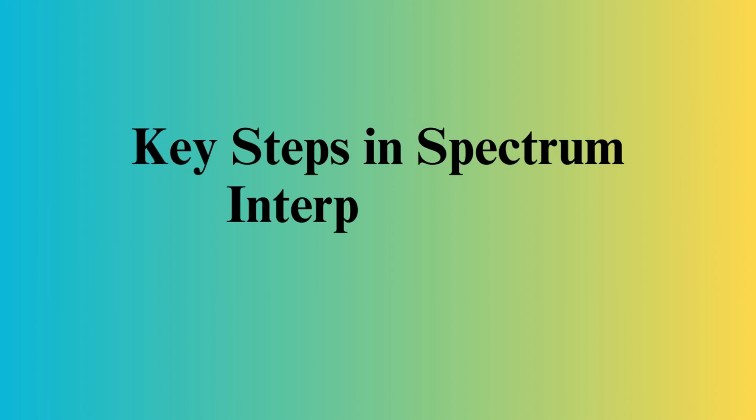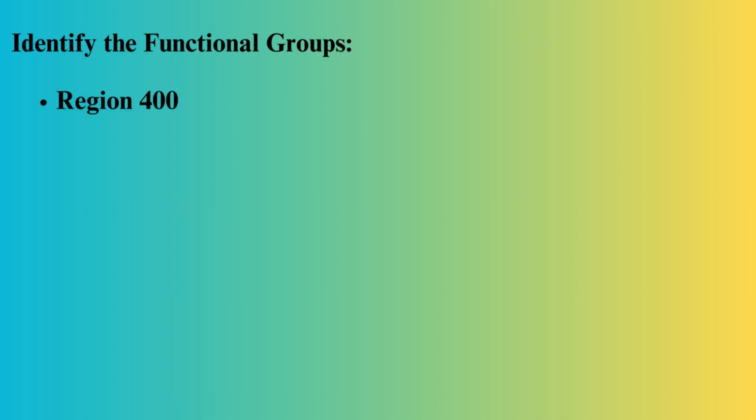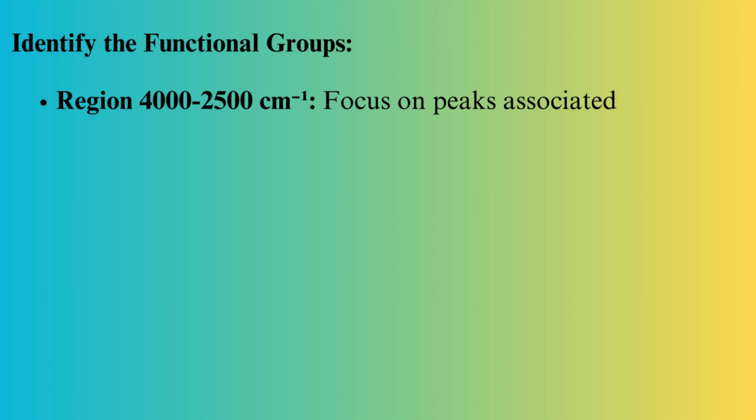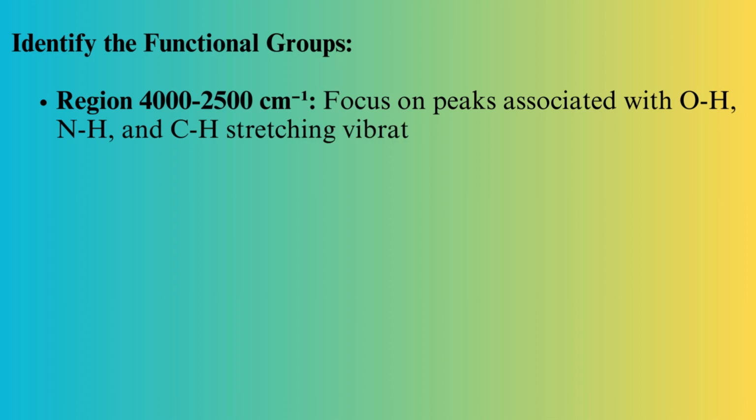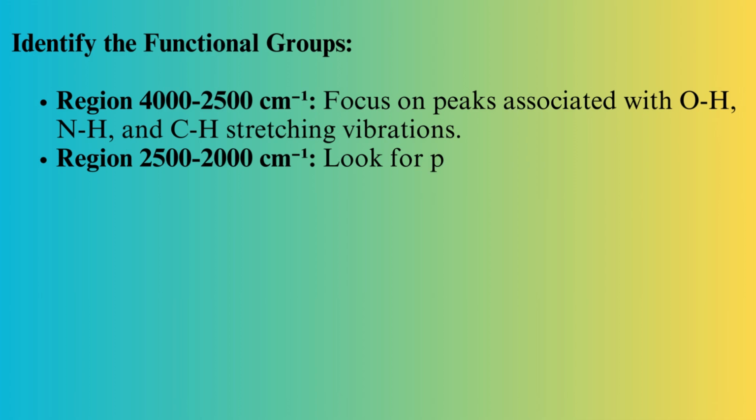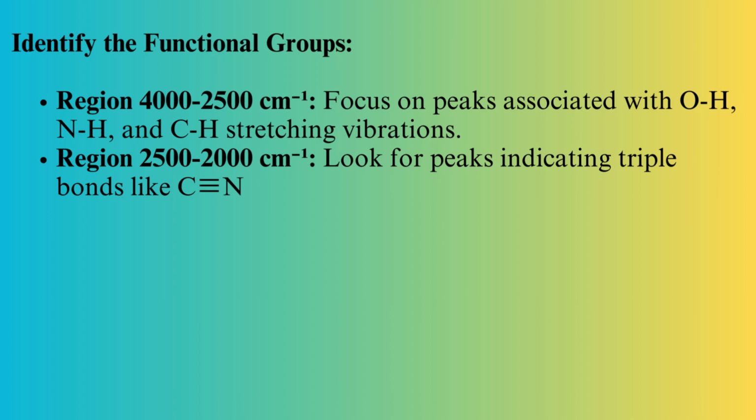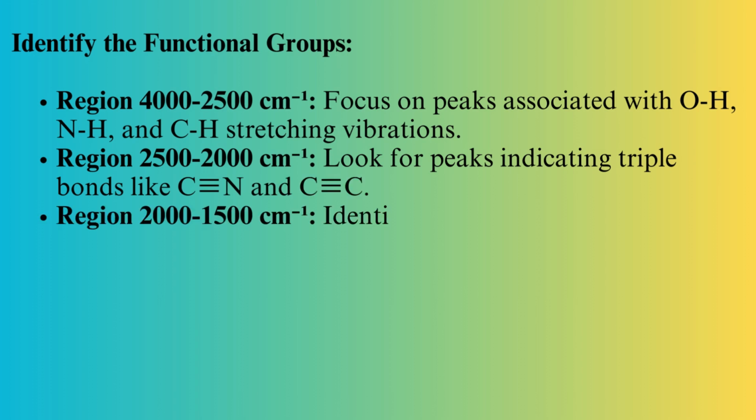Key steps in spectrum interpretation. Identify the functional groups. Region 4000 to 2500 cm⁻¹: focus on peaks associated with OH, NH, and CH stretching vibrations. Region 2500 to 2000 cm⁻¹: look for peaks indicating triple bonds like C≡N and C≡C. Region 2000 to 1500 cm⁻¹: